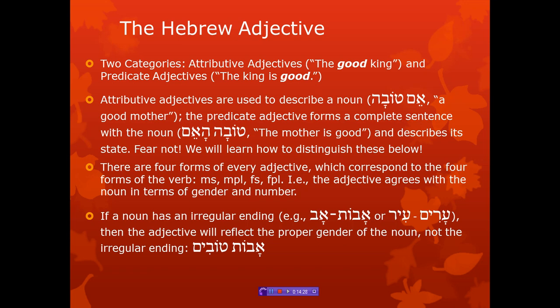And then we're going to talk about predicate adjectives. The predicate adjective forms a complete sentence. So here we're back to the verbless clauses. There's no verb there. The verb to be or is assumed. And the predicate adjective describes the state of the noun. So here I've kind of moved into two as well. So attributive